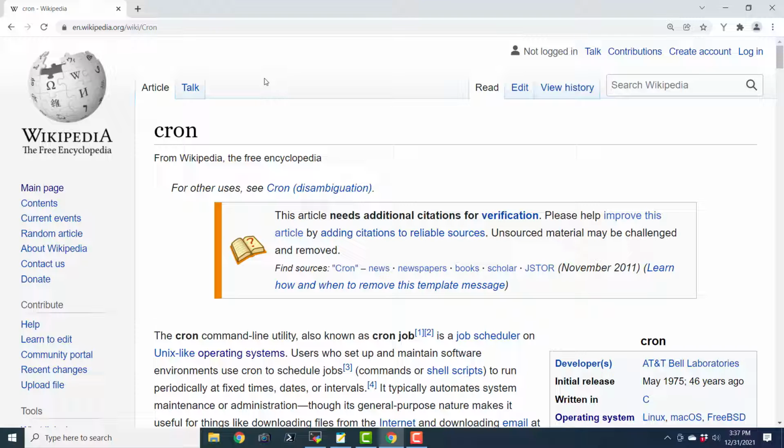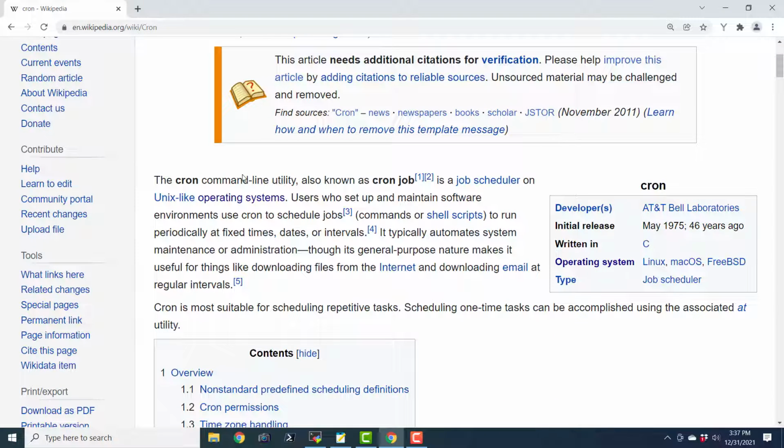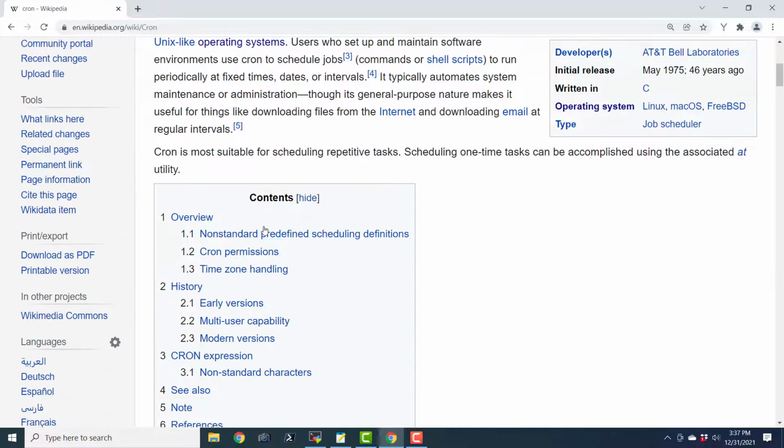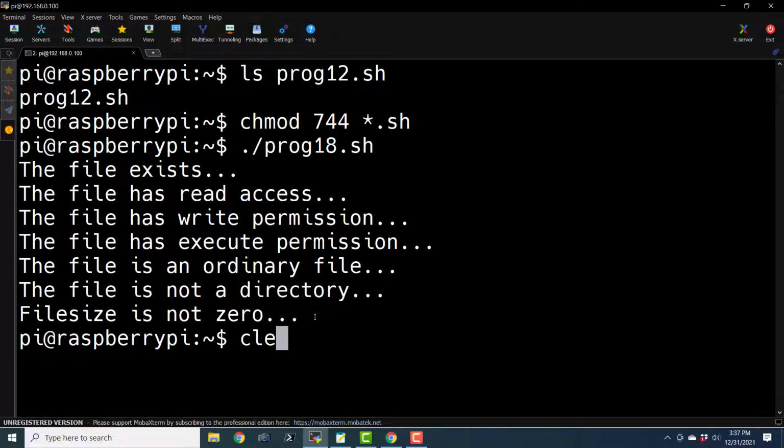That is why we have the words synchronous and asynchronous. Synchronous means in sync and asynchronous means out of synchronization. Similarly, we have cron here, and it is actually a job scheduler for Unix-like operating systems. So you can schedule your jobs with crontab. We can access crontab with simple commands, and we can set up the entries in the crontab. So let us see how we can access crontab.